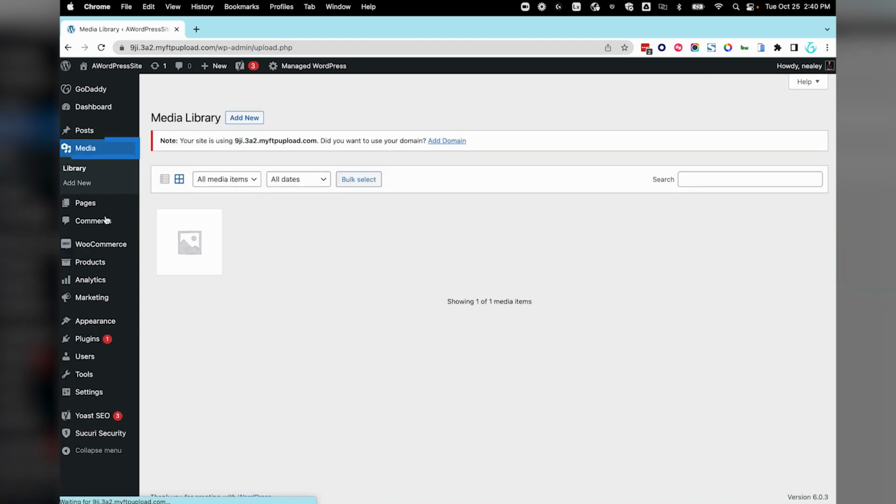The Media section is where you can add and store media files that you want to use on your site. This includes images, audio files, videos, PDFs, or any other type of media in your media gallery. Depending on your Managed WordPress plan, you have limited space on the cloud, so be careful how much you upload here. The media can be added to your posts and pages.